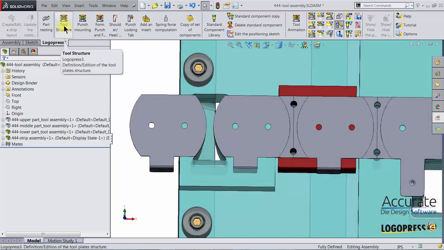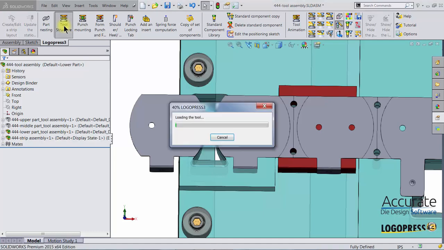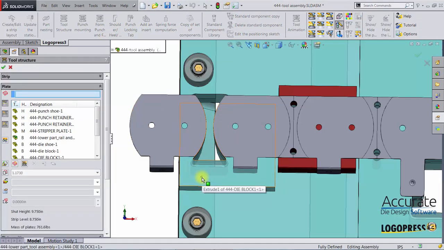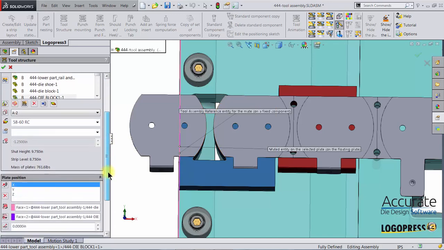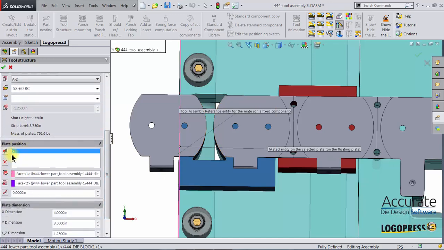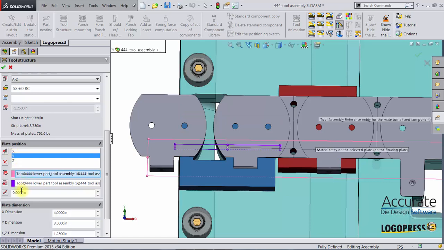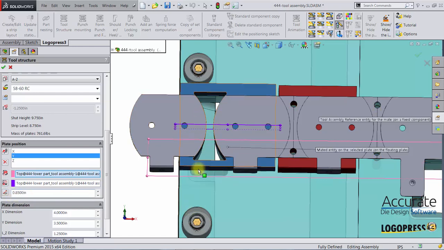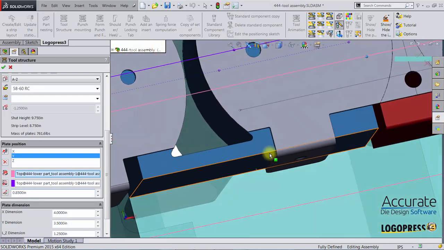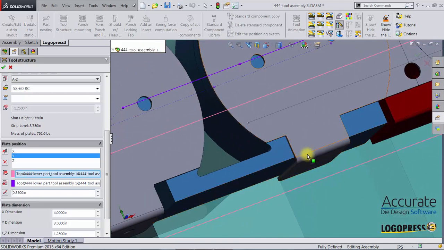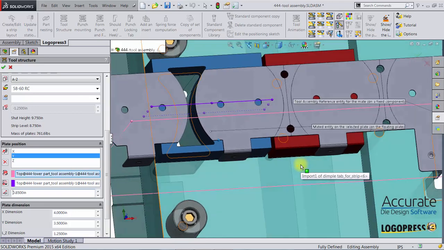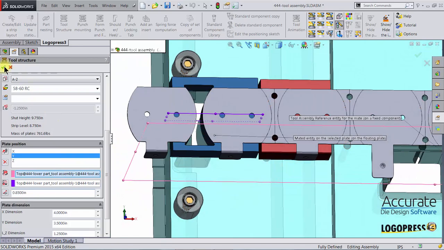So I'm going to go back into tool structure, select the tool structure icon, select the die block, scroll down to the plate position section, select the Y plate position, and I'm going to enter in a gap distance. So I will enter 0.85, and you can see that the die block has moved to the back of the die set. We now also have clearance for the leg that's bent down in the front. I'll exit out of tool structure,